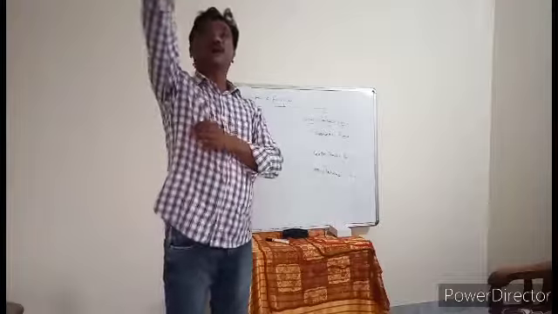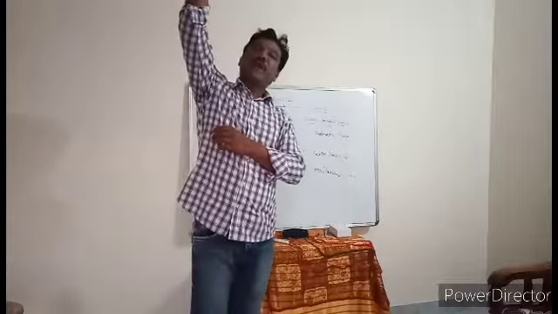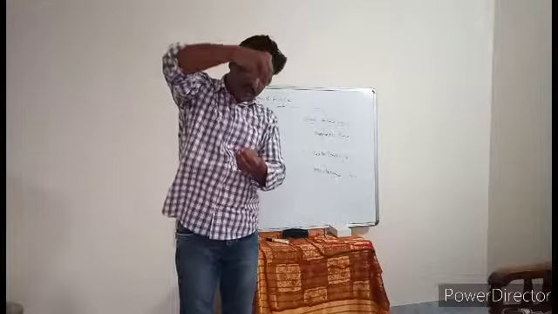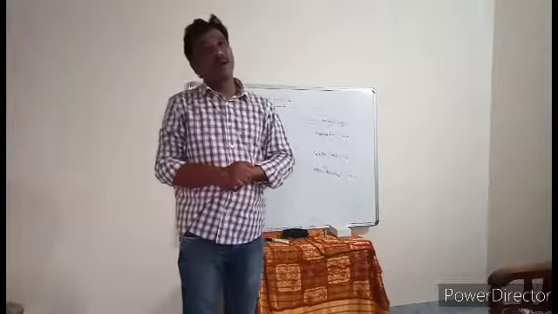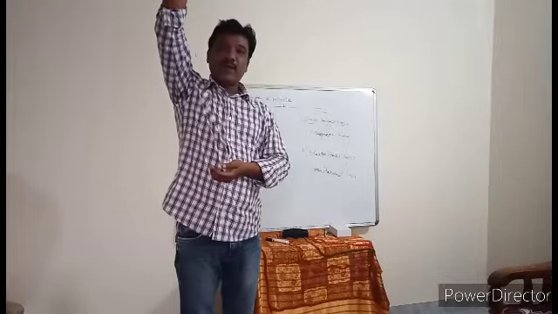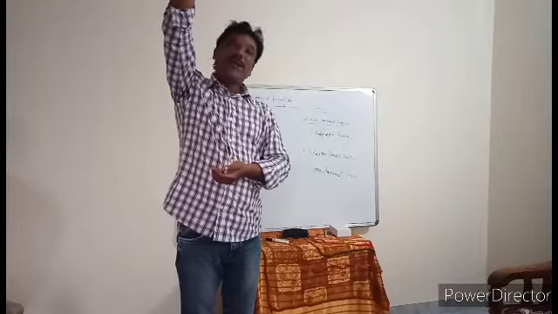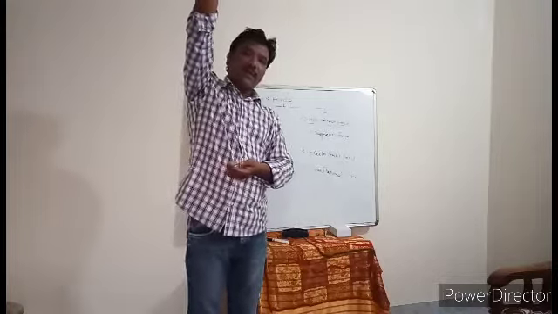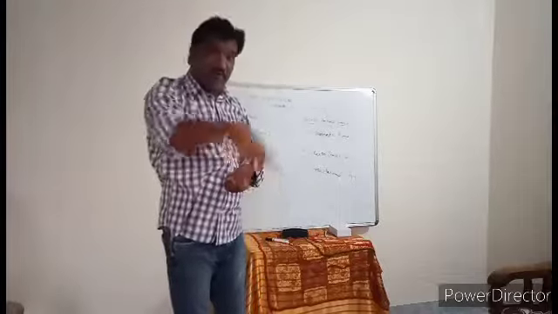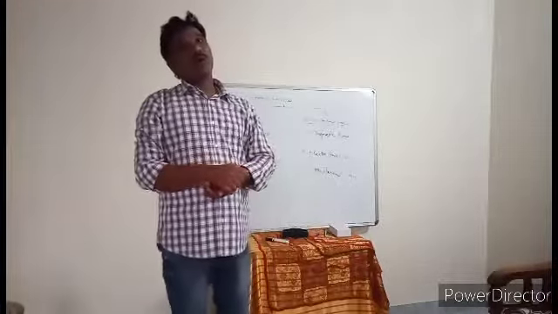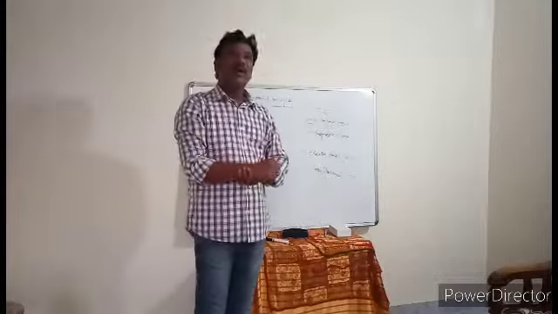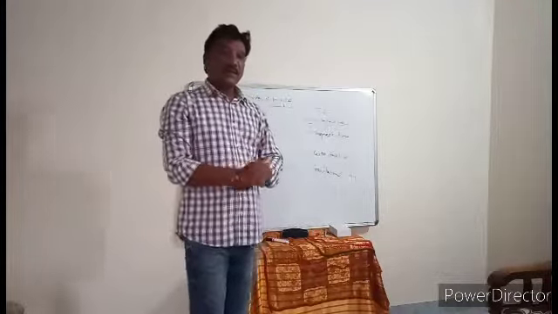If you throw any object, it will reach up to a maximum height. After reaching the maximum height, again it tries to travel backwards towards the earth. Here we are not going up to the maximum height and stopping the object, and afterwards we are not applying any force on that object at the maximum height to make it travel downwards. By itself it is traveling downwards. Because of what? Because of the gravitational pull of the earth.